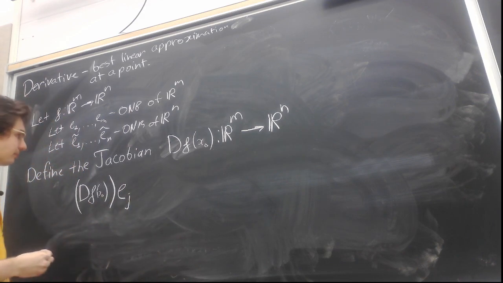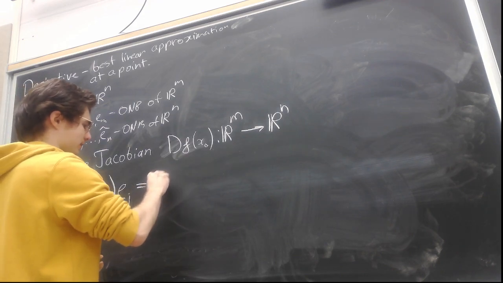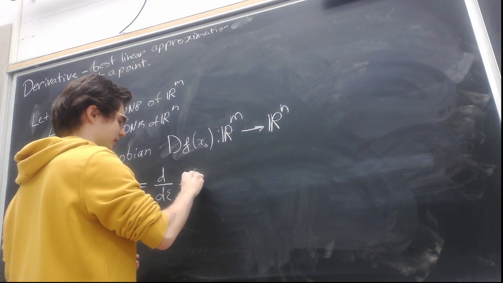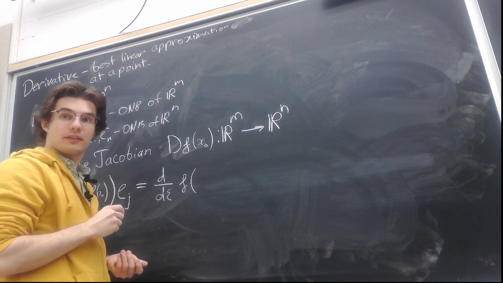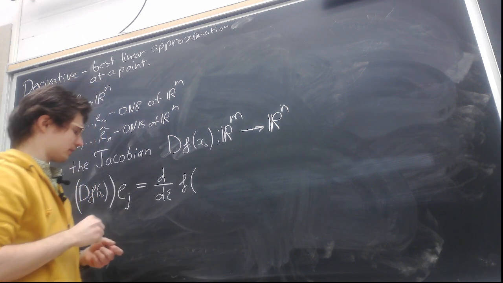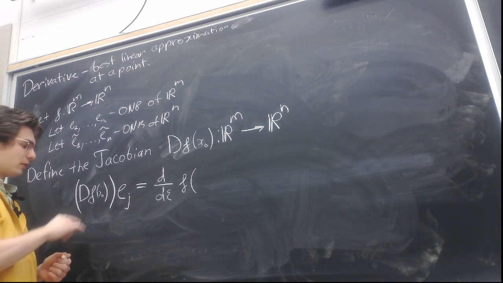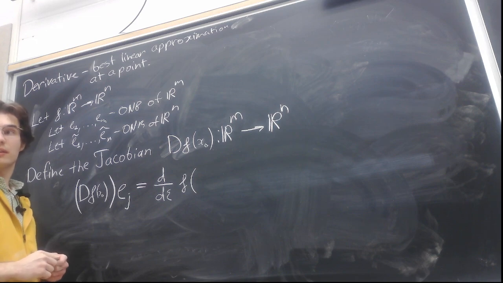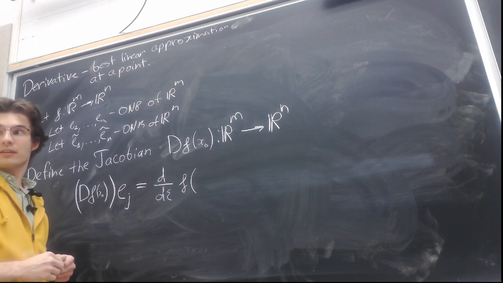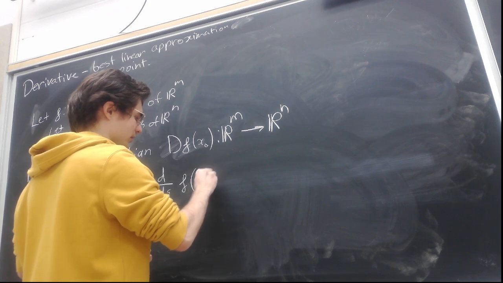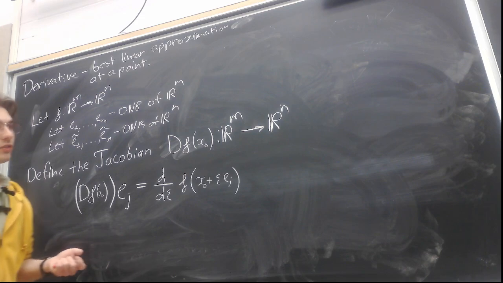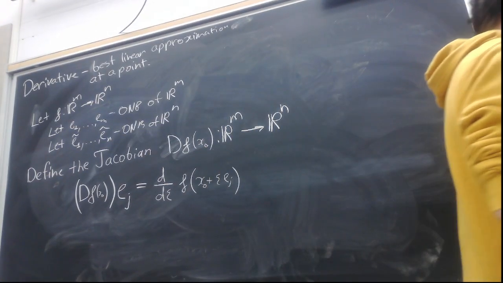will be the partial derivative with respect to epsilon of f of, what should I write here? So this is the best linear approximation applied to ej should give me, yes. So I'm just saying that, suppose,